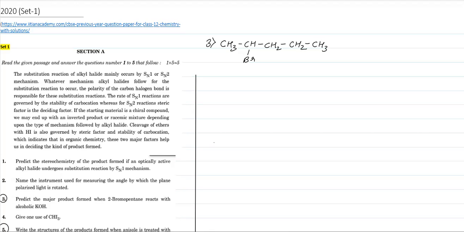Whenever I write a structure, I just go over it once to check if all the valencies are met for carbon atom. So when this reacts with alcoholic KOH, first of all, this is a secondary alkyl halide, and when it reacts with alcoholic KOH, it does not undergo a substitution reaction. On the contrary, it undergoes a